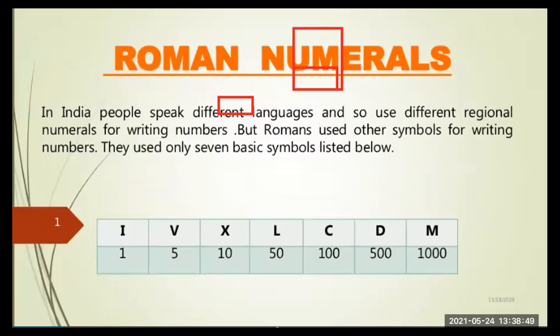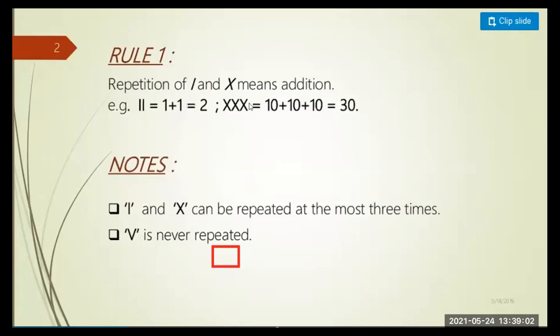1x means, let me show you, 1x means 10. So in the next slide, here you can see 3x. So 3x means what? 3x means 3 times x will be there, and it will add one after another. 1x means first 10, second x means second 10, and third x means third 10. Okay, that means our rule 1 is satisfied here.